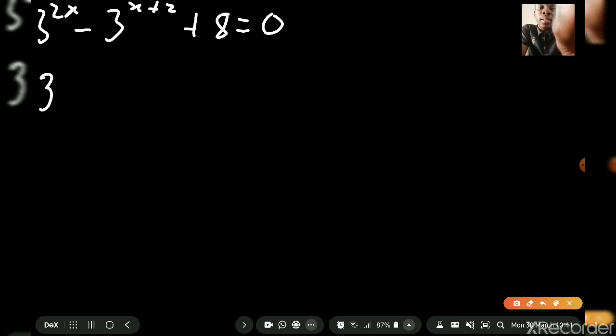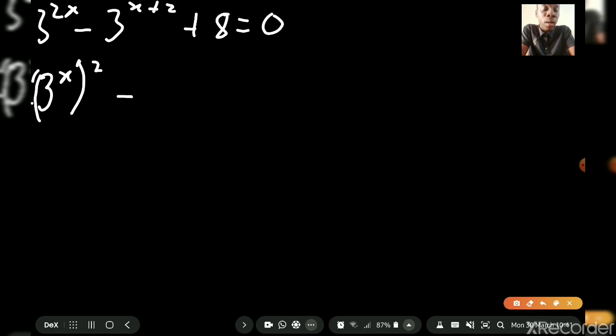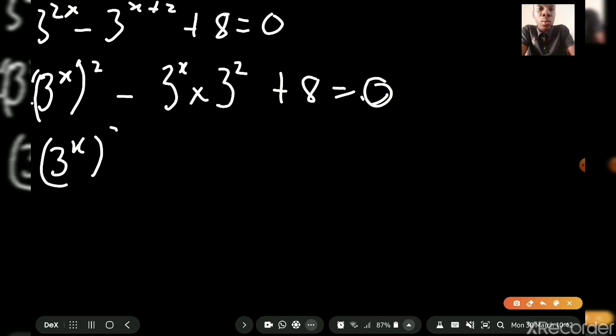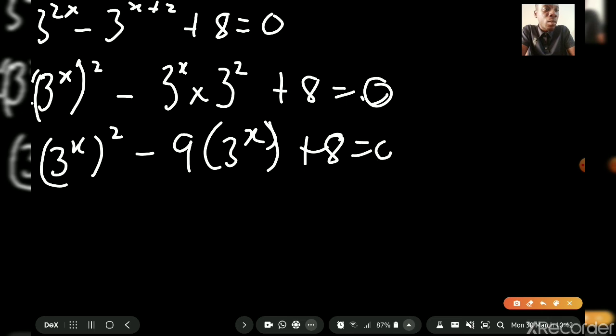So we are going to get 3 raised to the power x all raised to the power 2, minus, according to the laws of indices, 3 raised to the power x times 3 raised to the power 2, since the bases are the same, we add the exponents, plus 8 is equal to 0. So we get 3 raised to the power x all squared minus 3 squared, which is 9, into bracket 3 raised to the power x, plus 8 is equal to 0. So if we say let a be equal to 3 raised to the power x, you can get